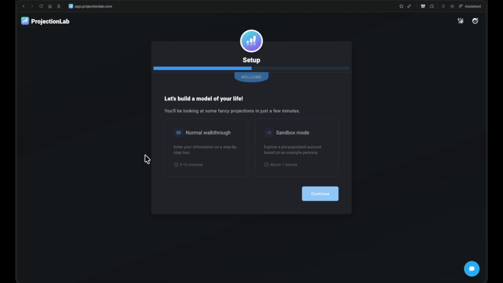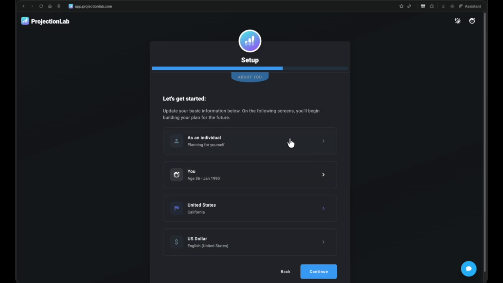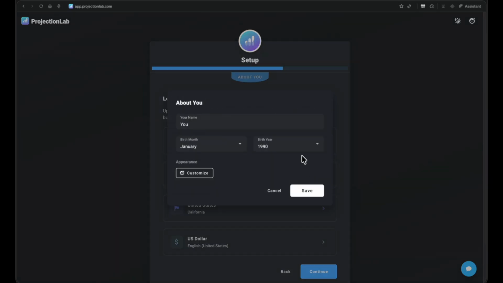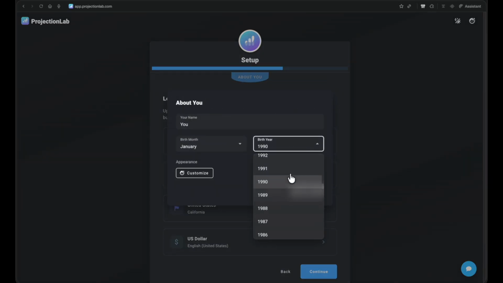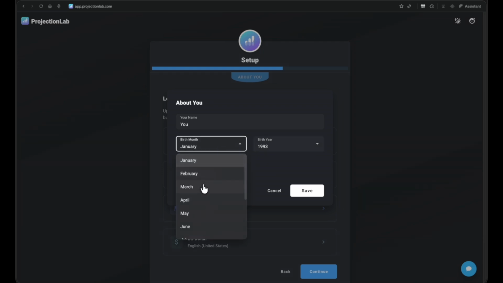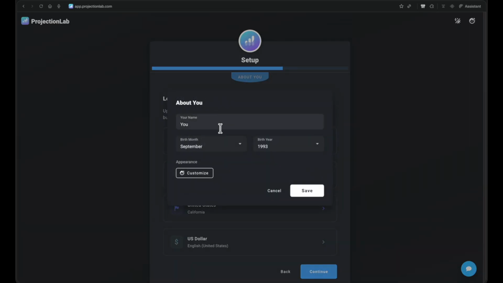So during the presentation, we got a volunteer from our audience to go through and use their numbers so we can put in a walkthrough for Projection Lab. So we'll select normal walkthrough here, and we'll start as an individual, and we need to update the age here. So we're going to select born in 93, and we'll select September of 93 and save that. And let's name this here